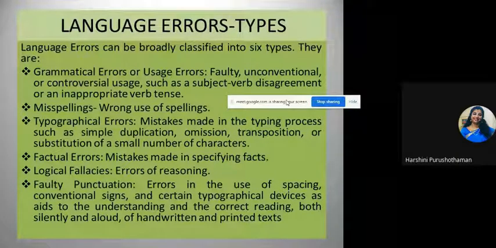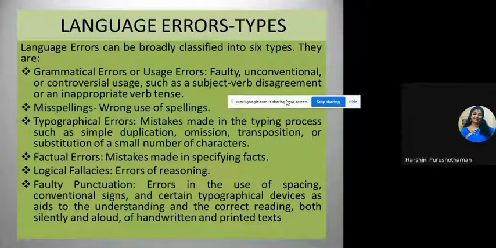The language errors can be broadly classified into 6 types. They are grammatical errors or usage errors, that is faulty, unconventional or controversial usage such as subject-verb disagreement or an inappropriate verb tense. Subject-verb disagreement is a common problem faced by most researchers.